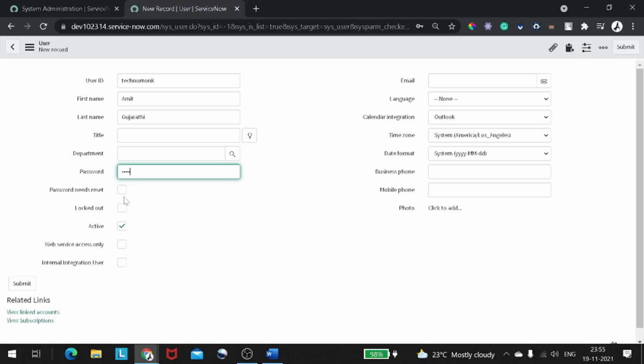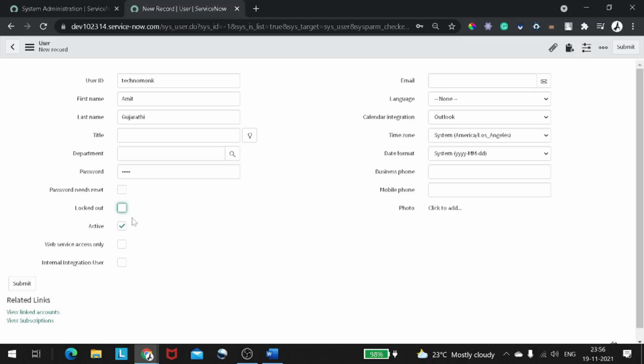Then we have Locked out. What locked out means is, for example, if locked out is checked, that particular user will be active in the system, but doesn't have permission to log into the system. To explain it with a scenario: we have seen with multiple applications that if you enter a wrong password, as part of authentication it just locks your profile out.